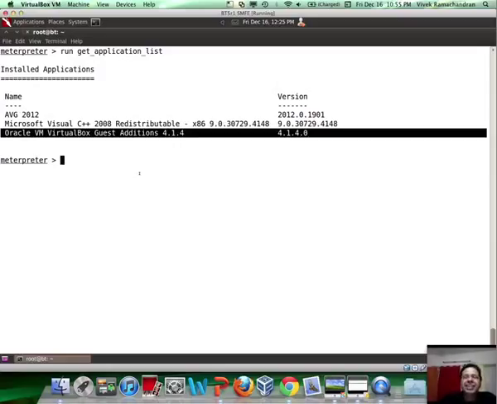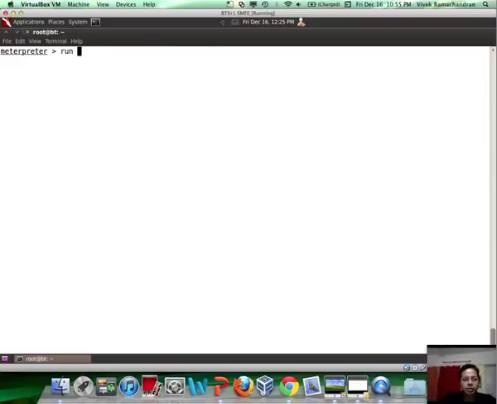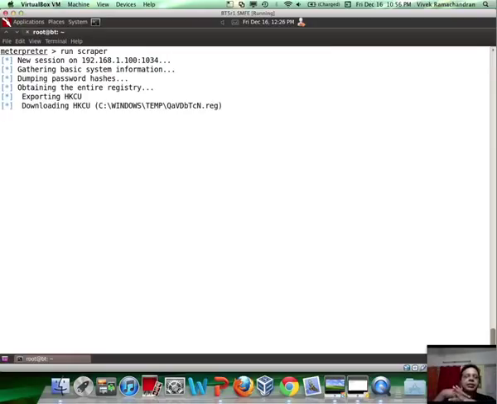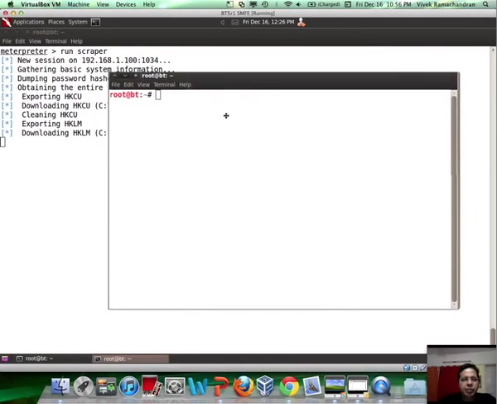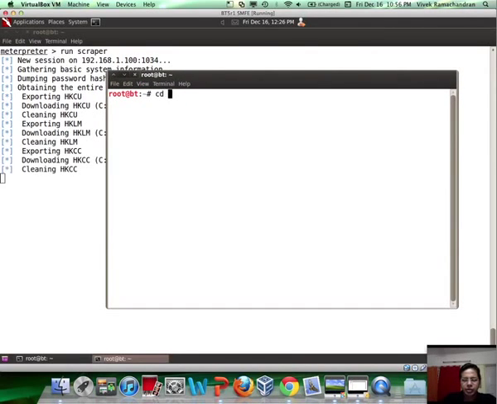Now, if you want to gather a lot of info about the remote system at one shot, let's say you want to download the registry, the password hashes, tokens, and a bunch of things, you can actually run something called scraper. Right? So this gets a lot of interesting information about the remote system, dumps all of that locally inside the directory. So the directory in which you could find all the info where scraper is dumping all this data currently is in